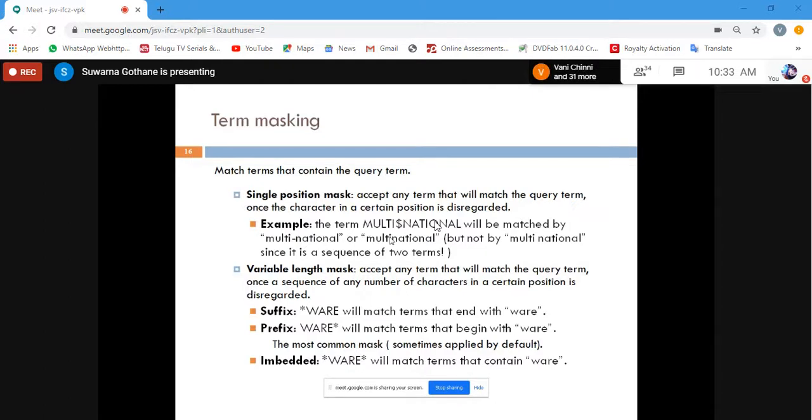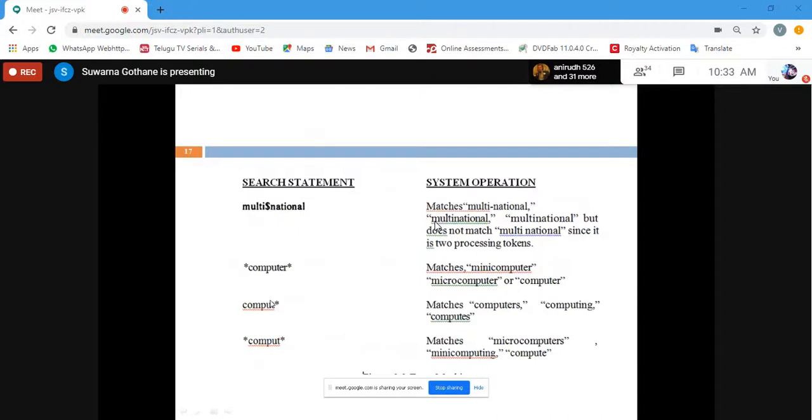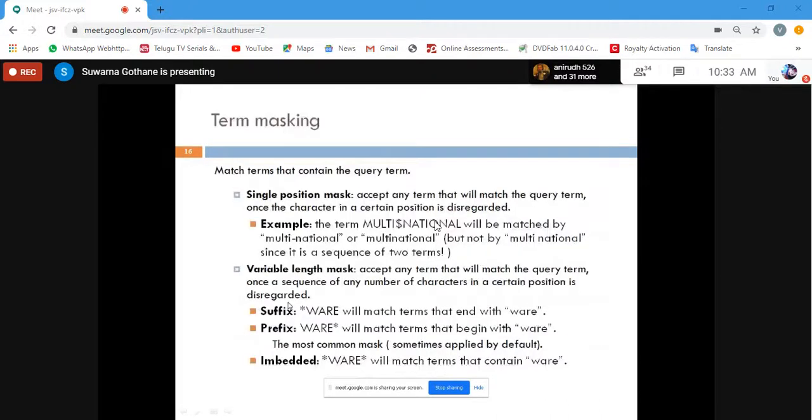In variable length mask, it can be associated with multiple characters. It considers suffix, where the words at the end are not considered, and at the beginning, that is called a prefix. And the third one is embedded. Suffix, prefix and embedded: three types of masking. So these are the examples.